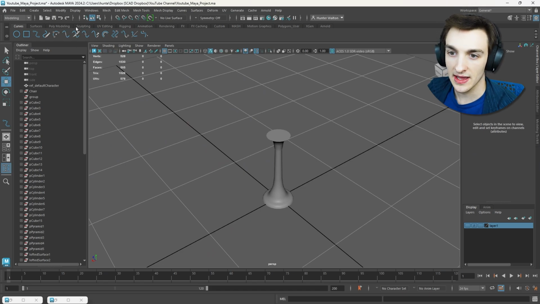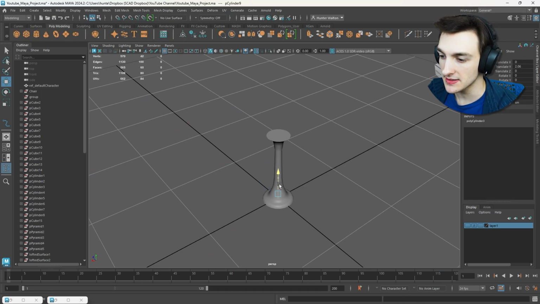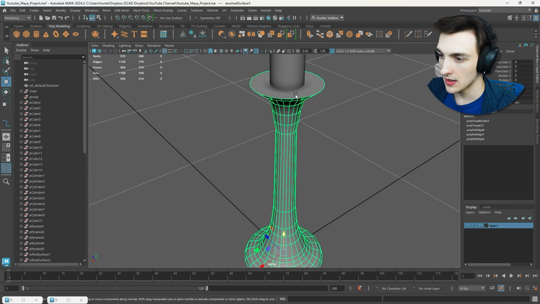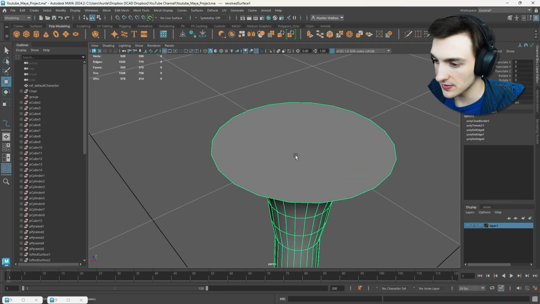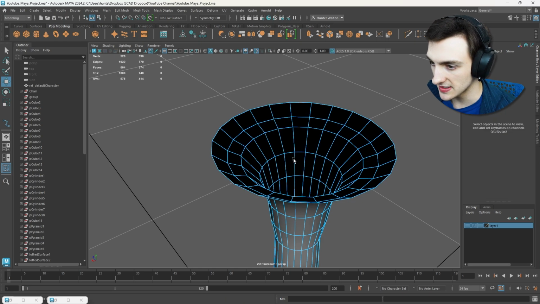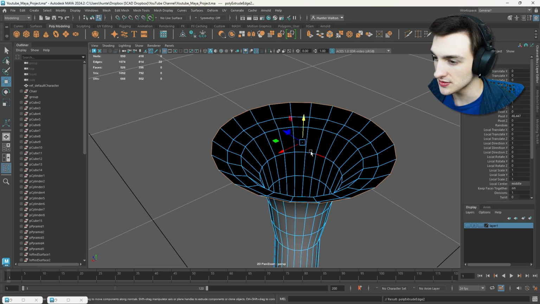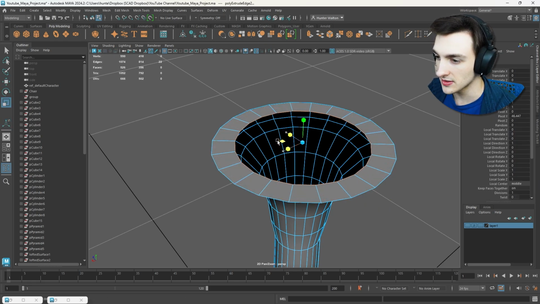But now we can go ahead and make our candle that's going to go on it by starting off with a cylinder, dragging it up. I actually think that we want this face. We're not going to fill a hole because that creates a humongous N-gon. We are going to press Control E to extrude, kind of bring that in a little bit with our scale